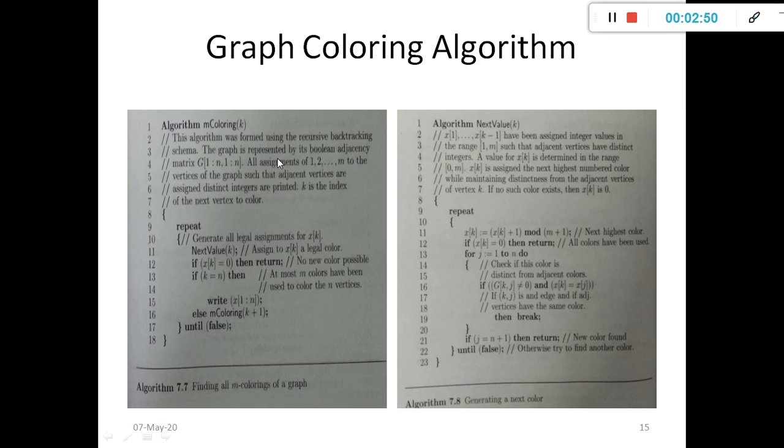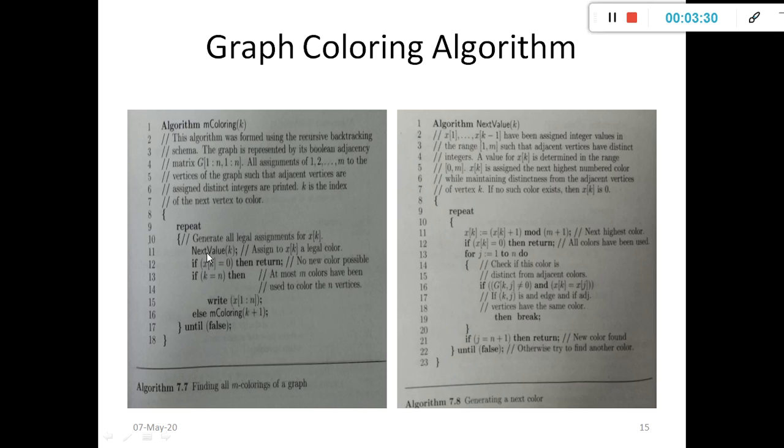That is, if there is an edge from one vertex to another, represent it as 1, and if there is no edge between two vertices, represent it as 0. Using zeros and ones, you generate the adjacency matrix for all edges in the graph, represented as G[1:n, 1:n]. Then all assignments of colors 1 to M to the vertices of the graph, such that adjacent vertices are assigned distinct integers, are printed. Initially K is the index of the next vertex to color.